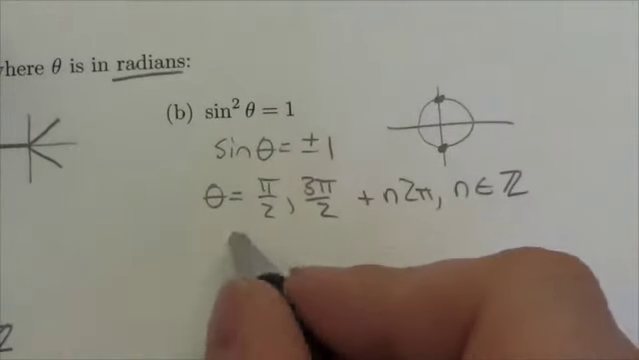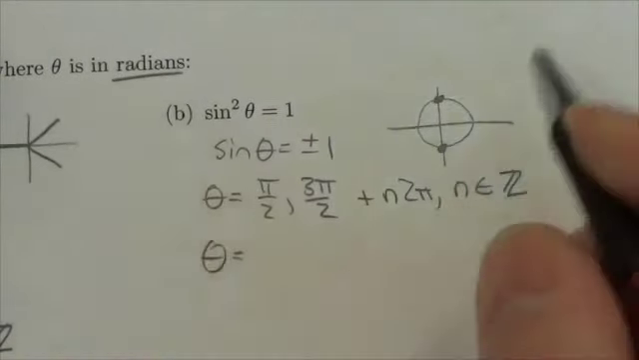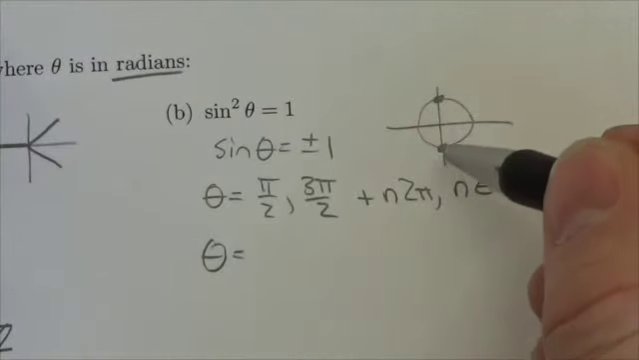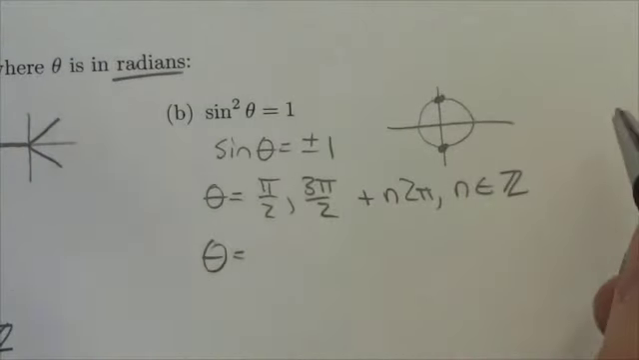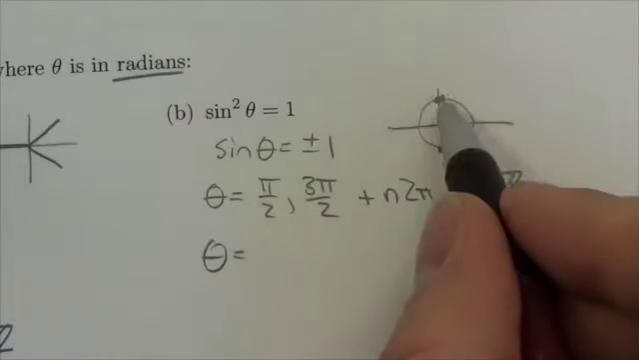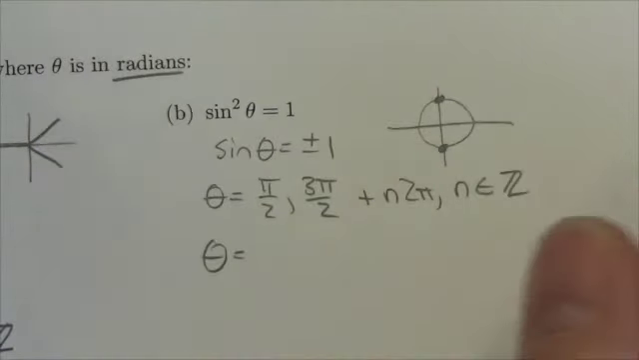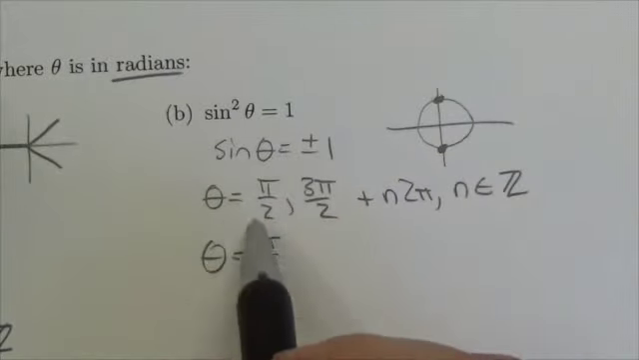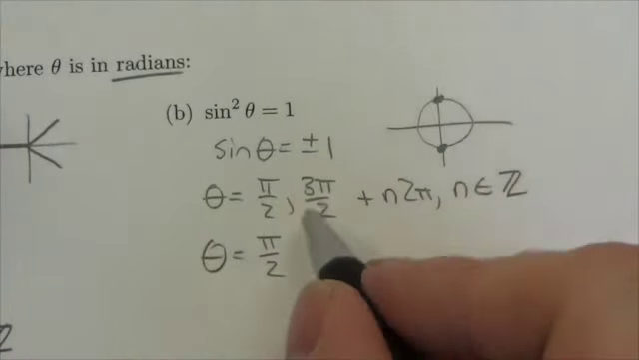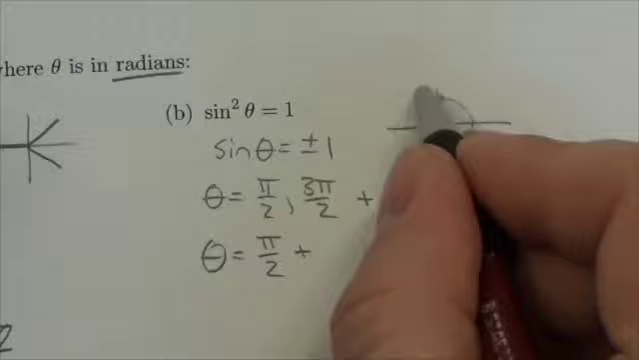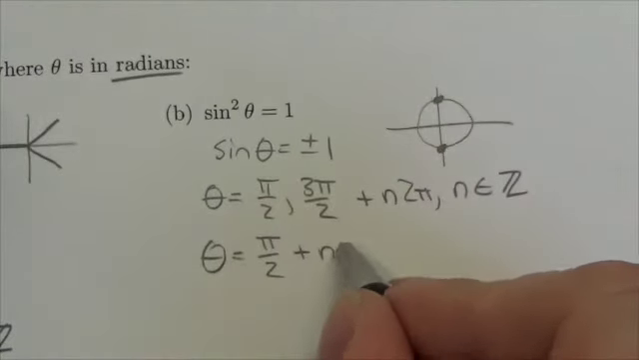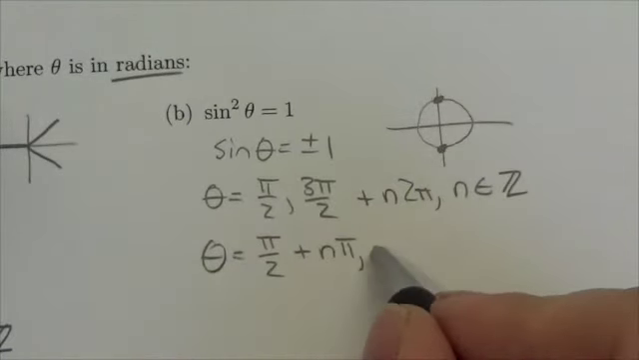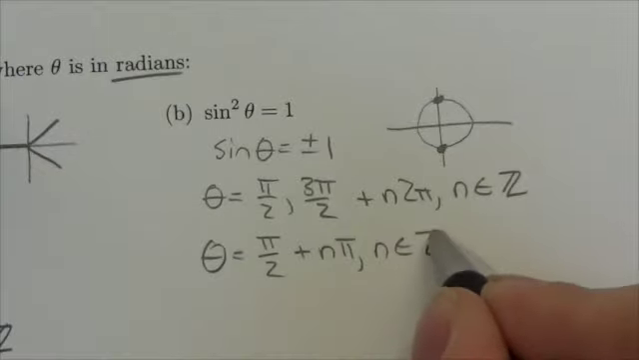But we can do a little better than this. Notice that these two angles are on opposite ends, basically, of the unit circle here, which means they are going to differ by pi radians. So I can actually simplify my solution a little bit by simply identifying pi over 2, and instead of adding a full rotation, I'm just going to add a half rotation to that, where n is an element of the